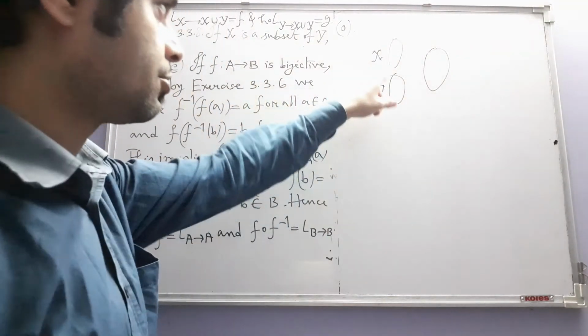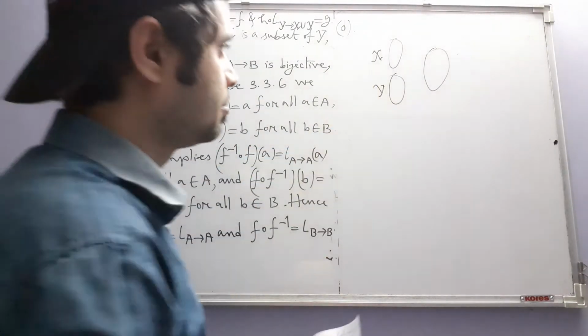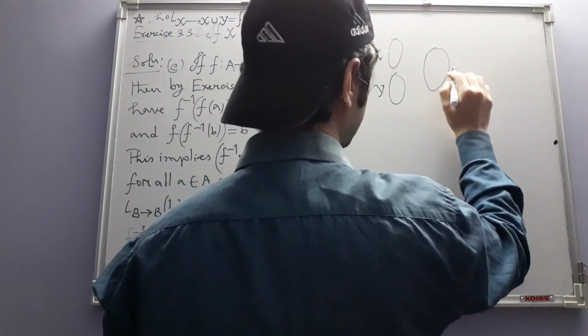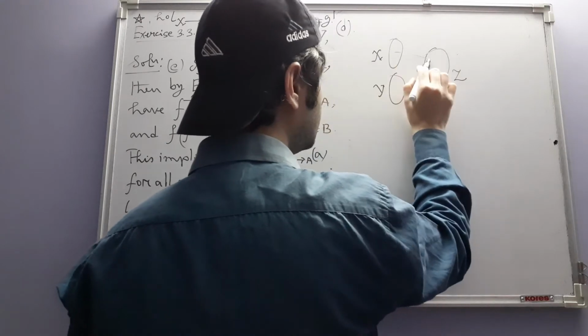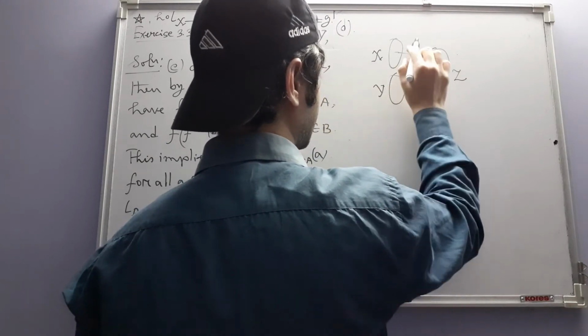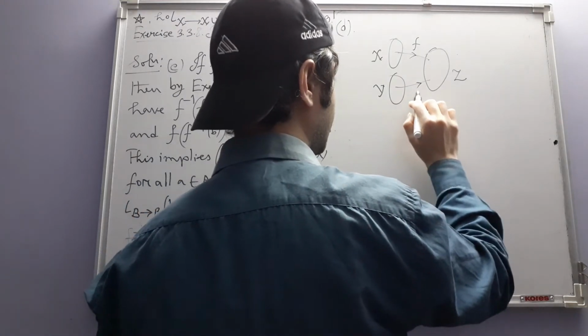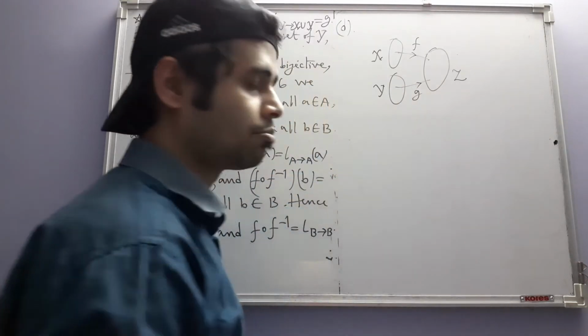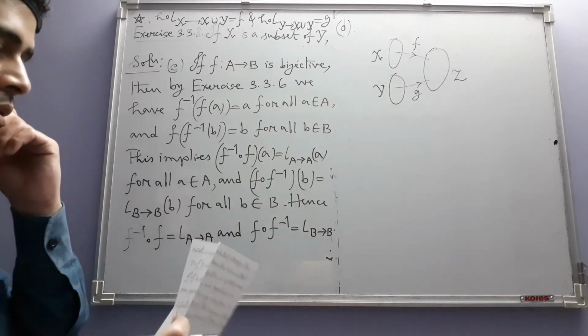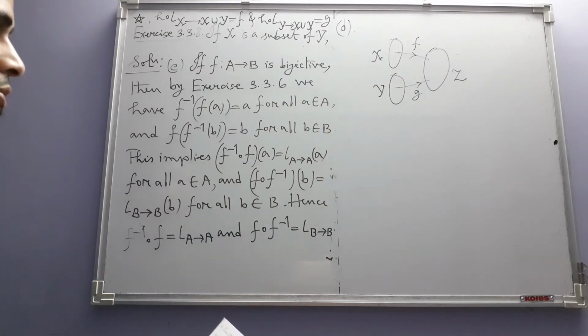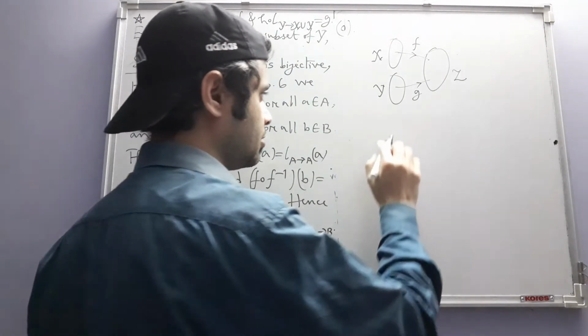Since they are disjoint, there is no common element. And this is z. Now here we have a function f from x into z and a function g from y into z. We then have to prove that there exists a function